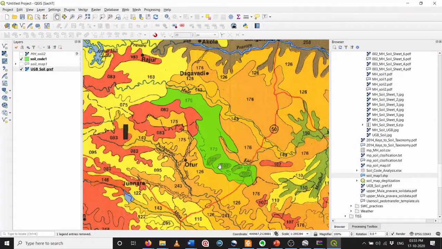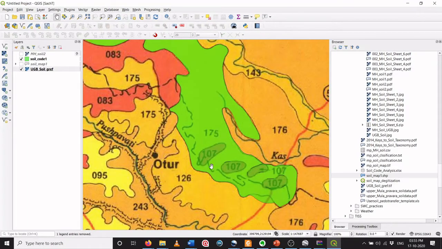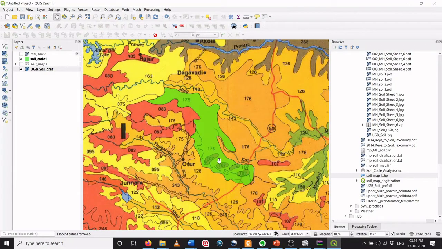So I can do it by adding an inner ring. One may say that I can add another polygon and name this polygon 107, but that polygon will be a new polygon, and when I calculate, for example, the area under the 175 soil type, it will not exclude this area.